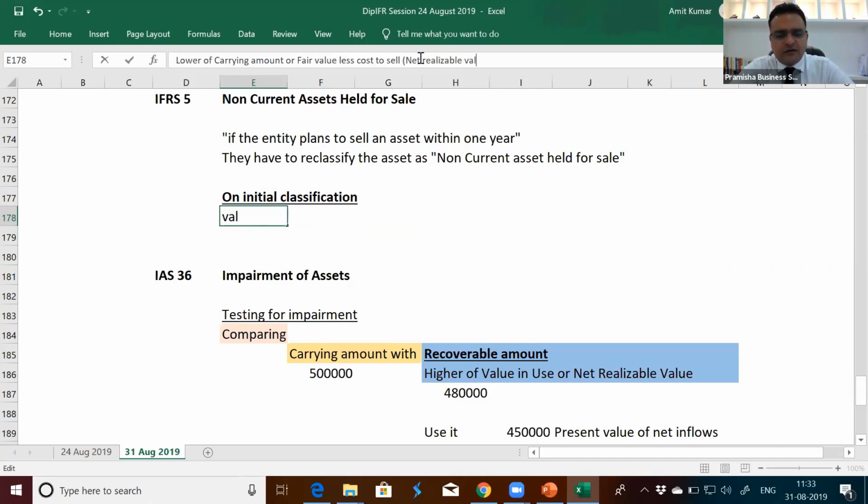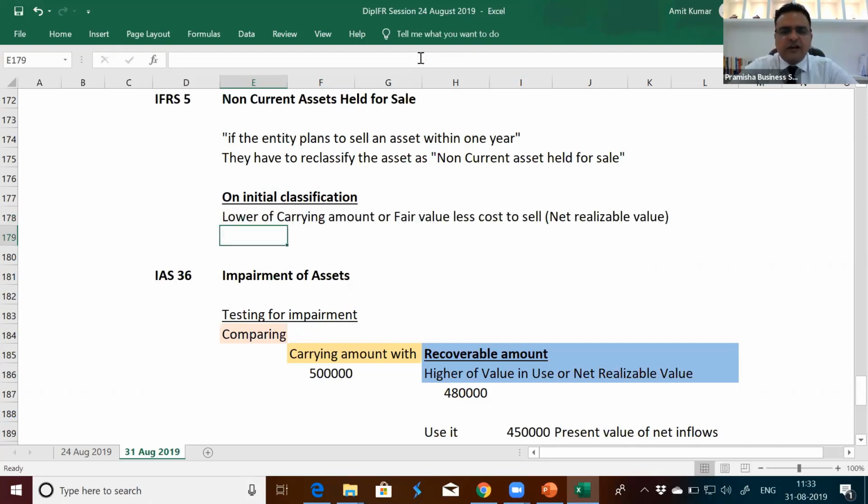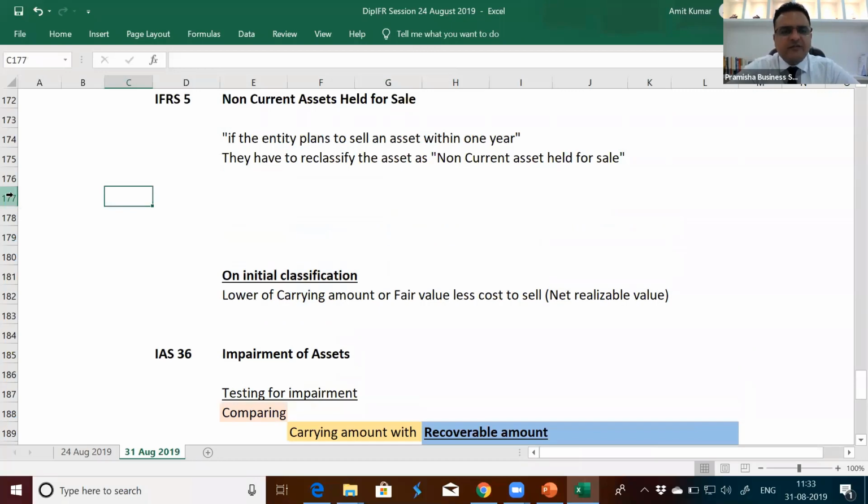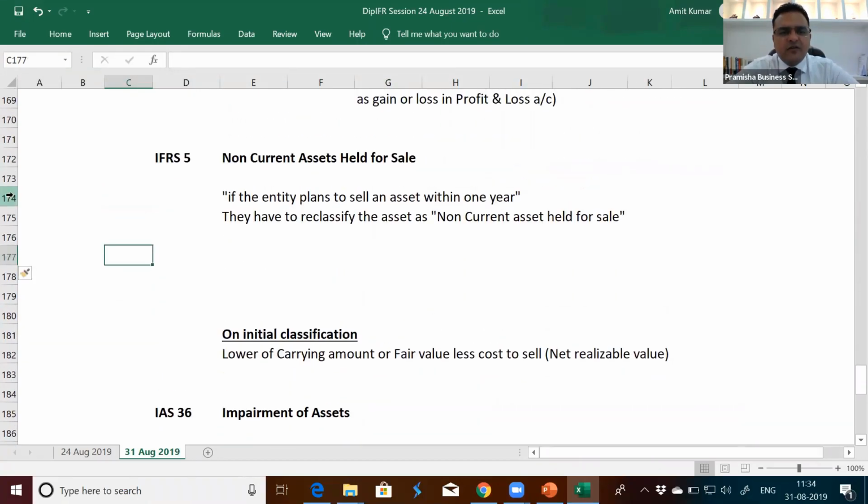We are comparing carrying amount with NRV directly because there is no use left now, because we have decided to classify it, and we are allowed to classify it only when that asset is